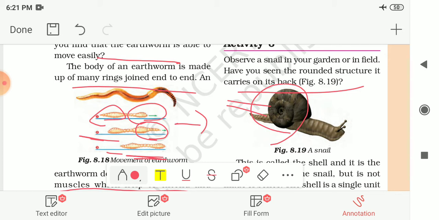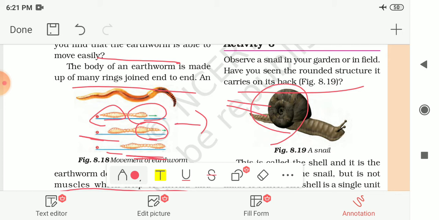So place this snail on a glass plate and watch it, and when it starts moving, carefully lift the glass plate along with the snail over your head. That means you have to see the back part of the snail, how it is moving. So put it on the glass plate, then lift the glass plate above your head and observe the bottom of the glass plate, and observe its movement from beneath.